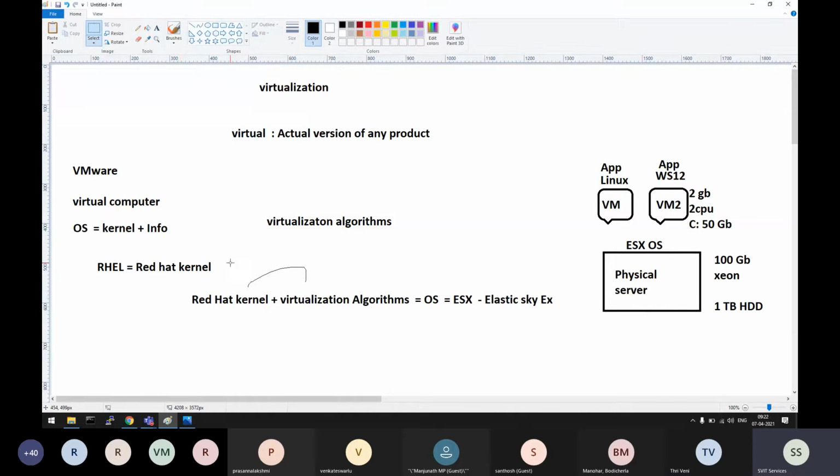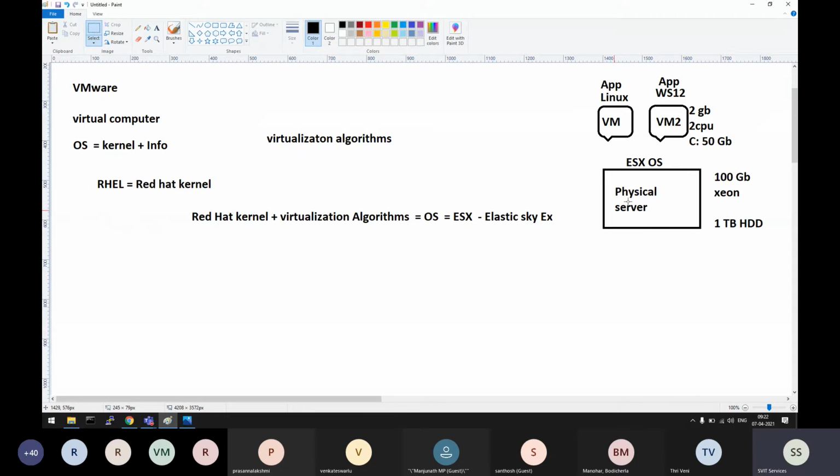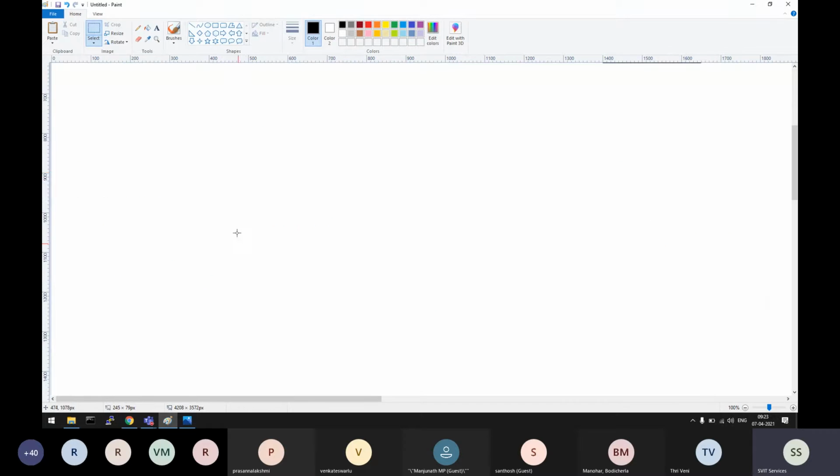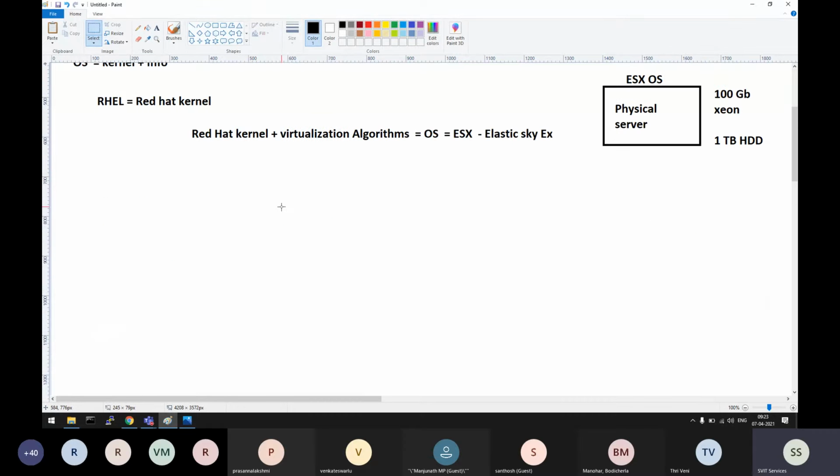But they had to pay the Red Hat company because they are copying their kernel. And this concept was a very huge hit in the market around 2000 to 2003. Okay, people started using this product. Now, once they got so much money by selling this product in the market, they became confident to build their own kernel instead of depending on Linux. Now they wanted to develop their own kernel. So they recruited a person who writes the kernel, not one single person, like a team of people who write the programs for kernels.